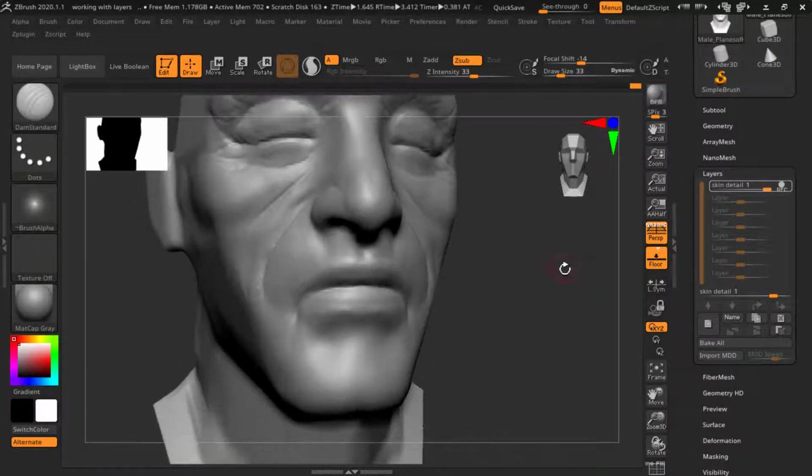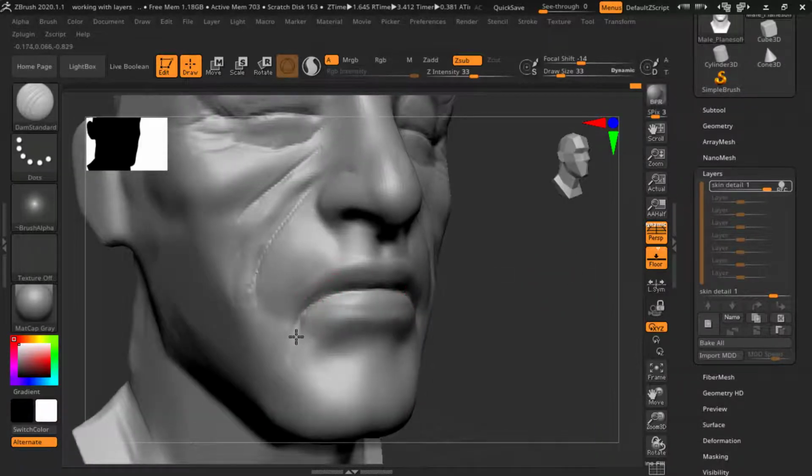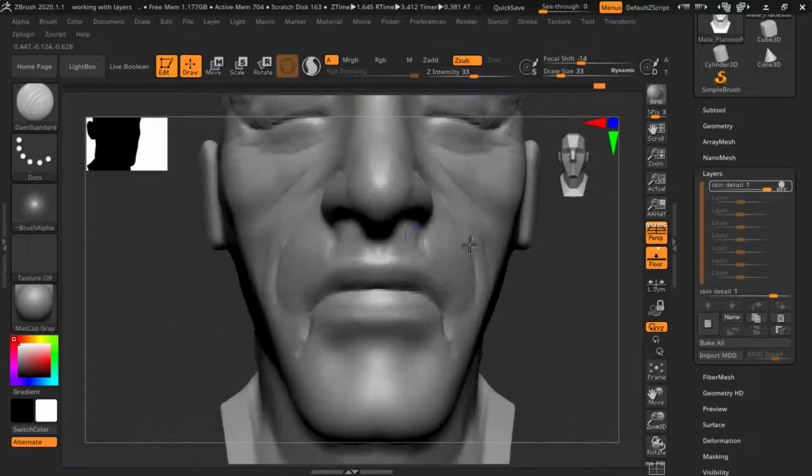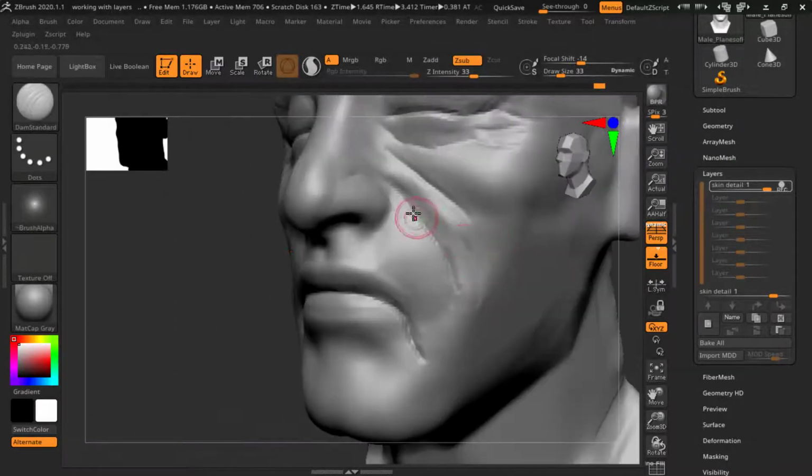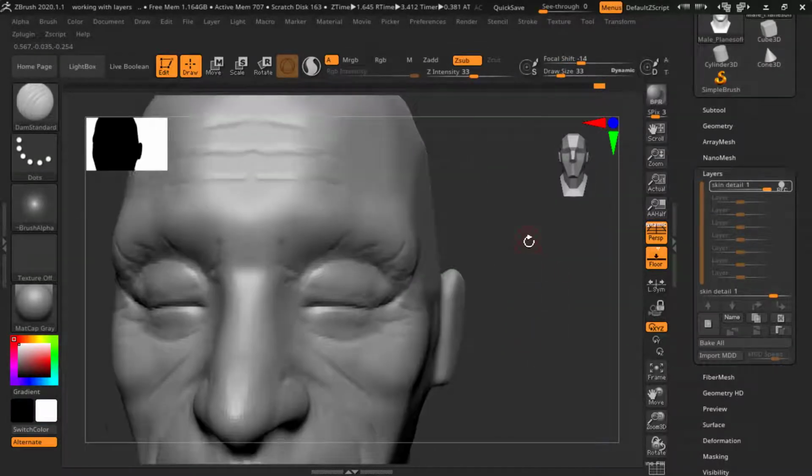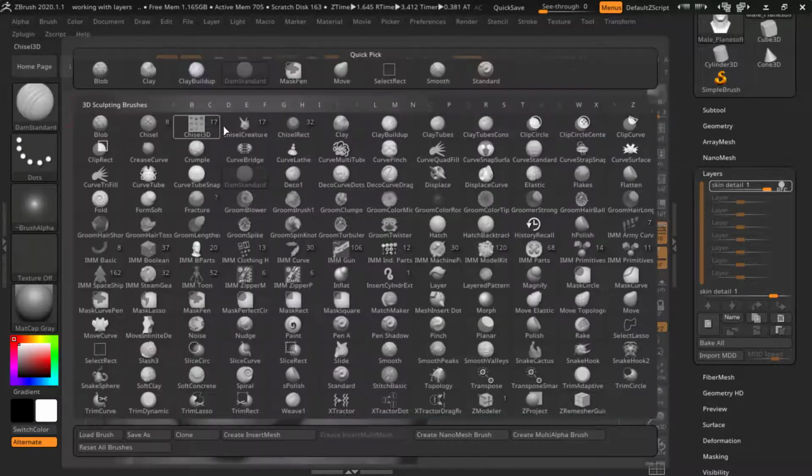Either you have to create backup copies and work on them, which takes a lot of effort and time. So here I am going to use this panel. I will add some volume,